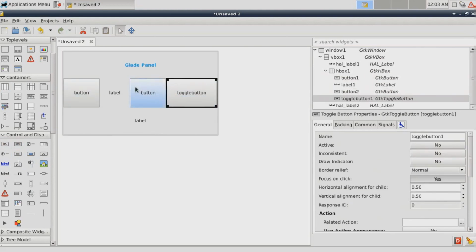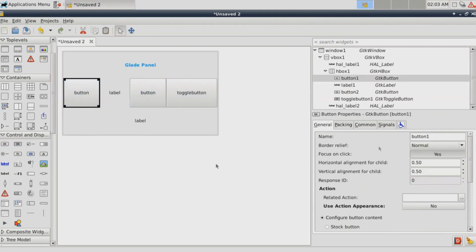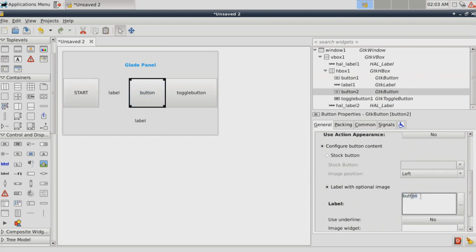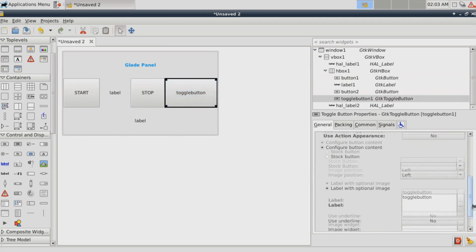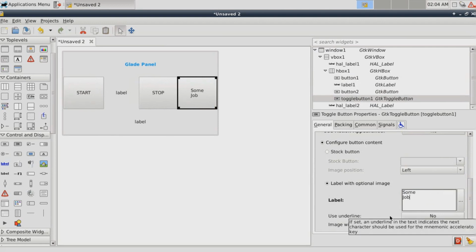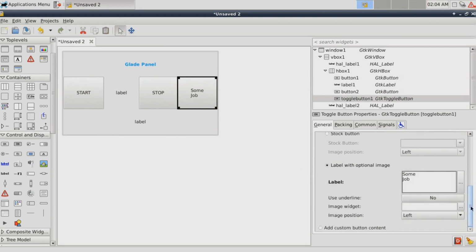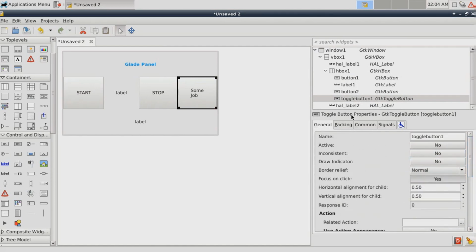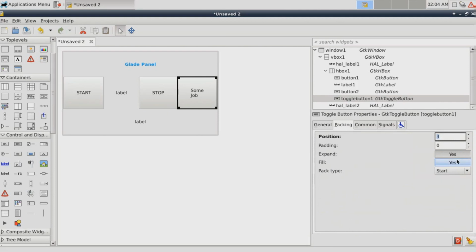A toggle button. Alright, so you can see there's different buttons in there, and again we can go in and rename them. We can go down and change the text that's in them, like this. And you can have multi-lines of text very easily. Alright, so it's very convenient to do the outline and do the shape of whatever it is that you want